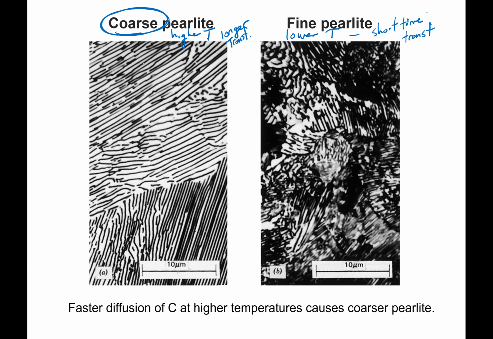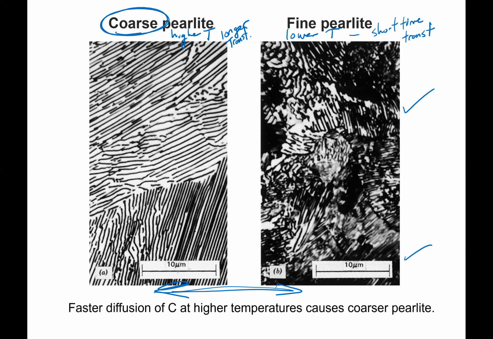Where at a lower temperature in the short time, I'm going to end up with a much finer structure. And so that's again what we're seeing over in this case. So we could talk about there being a coarse versus a fine structure. And the reason why we care is that this fine structure is going to have a much higher yield strength, tensile strength, but of course lower ductility than the coarse structure. So we're already seeing one way in which we can control properties even within pearlite just by forming different length